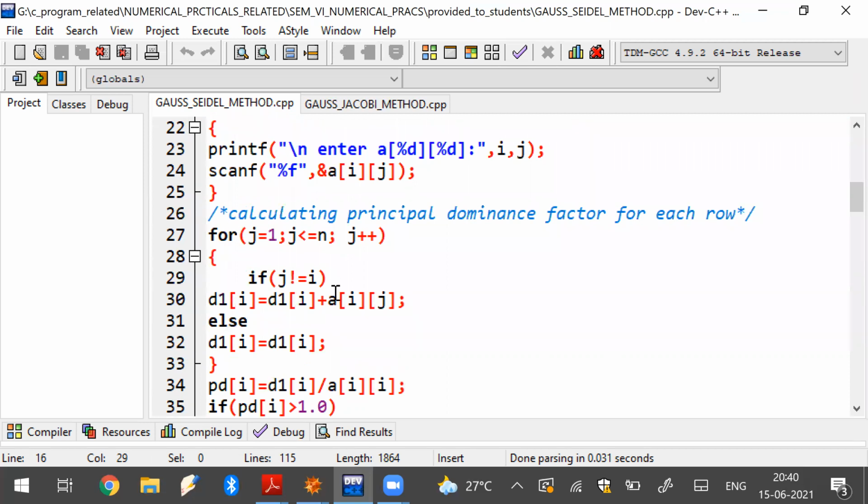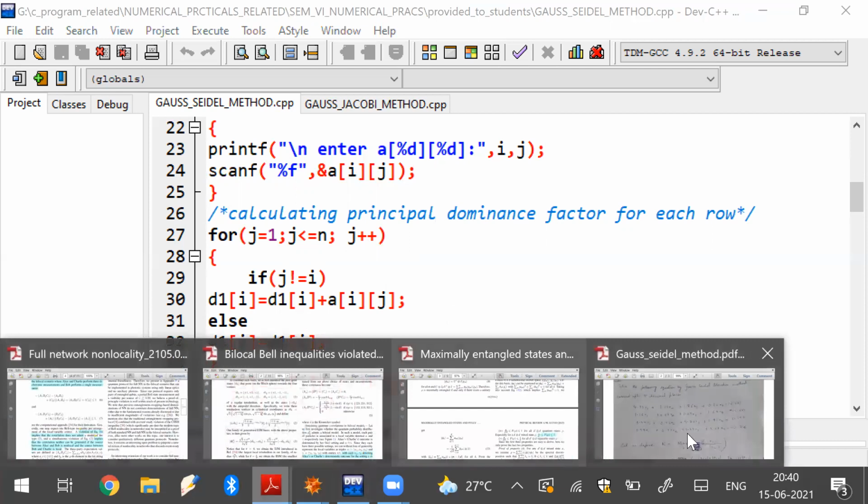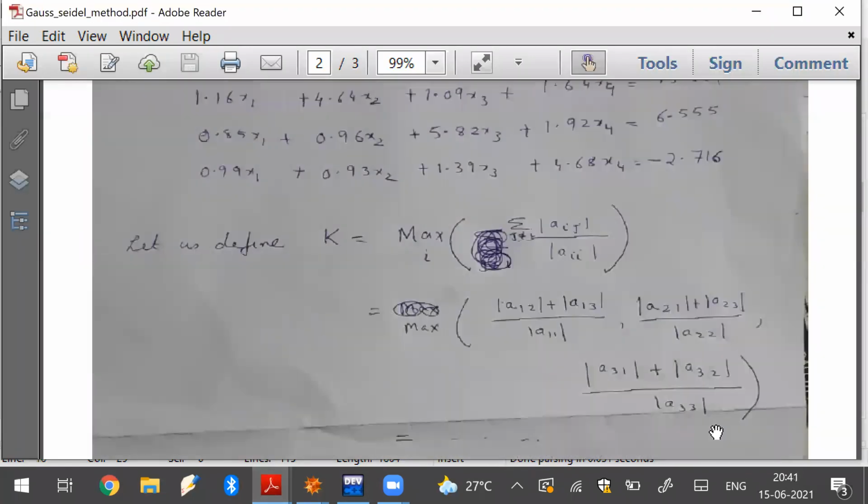So what we are actually doing here is calculating the d1i, as I said, so that this part will be used for diagonal dominance checking. For diagonal dominance checking, if you recall, we do this: the summation over the modulus of aij, j not equal to i, and then we divide by aii.